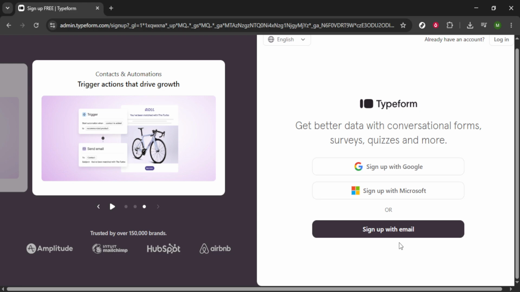In the first field, type in the email address you used to register your Typeform account. Then, in the field right below, go ahead and enter your password. It's super important to double-check what you've typed in here to ensure there are no typos. The system needs to verify your credentials, and even a small mistake can prevent you from